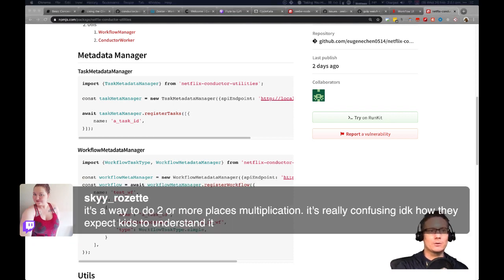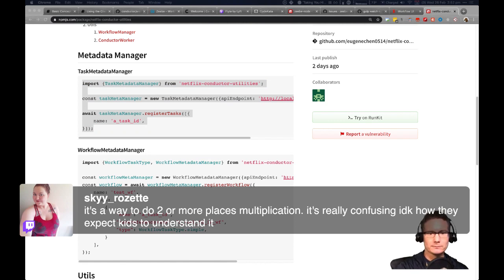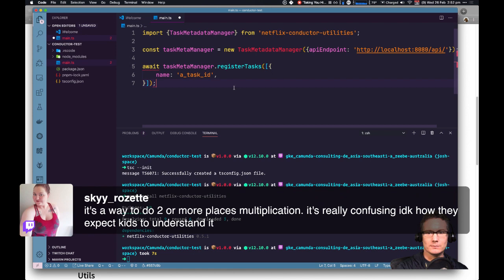Two or more places, multiplication. Yeah. Can I do that? 23 times 45. Yeah, I know how to do 23 times 45. If it was anything bigger than that, I wouldn't even try that. I'd just use my phone. But I guess at least I know that I know how to do it, even if I, you know, wouldn't take the time to do it, like I'm not practiced at it.